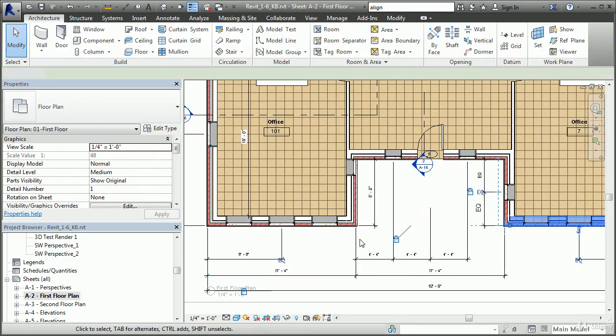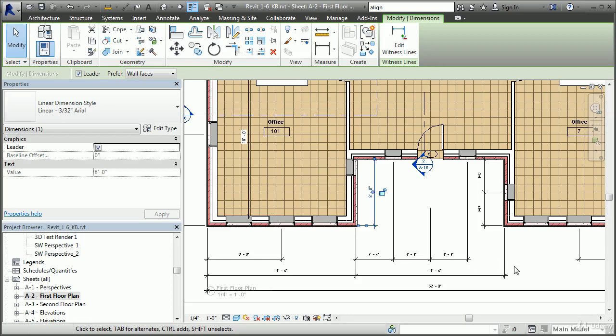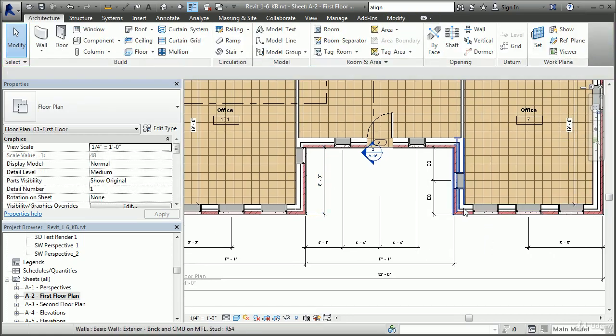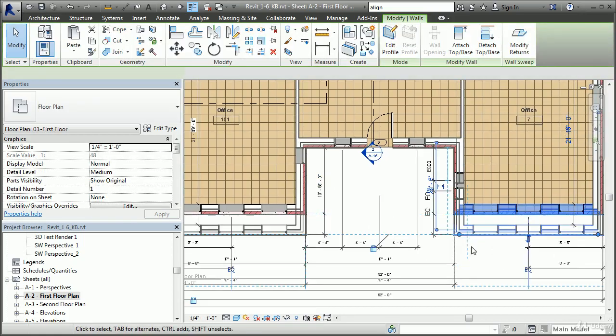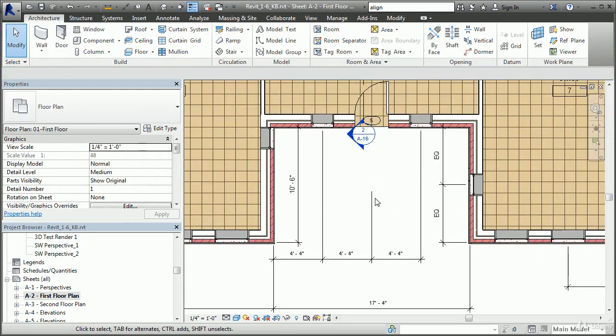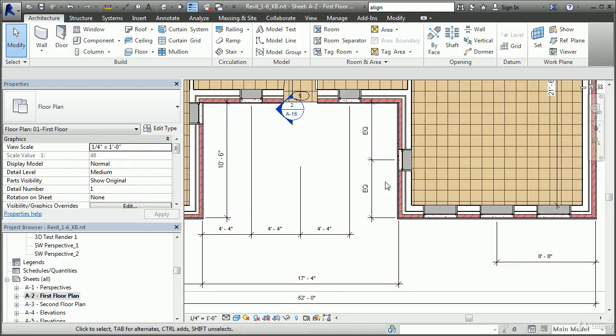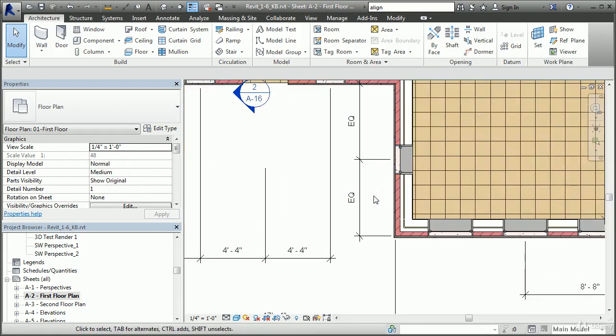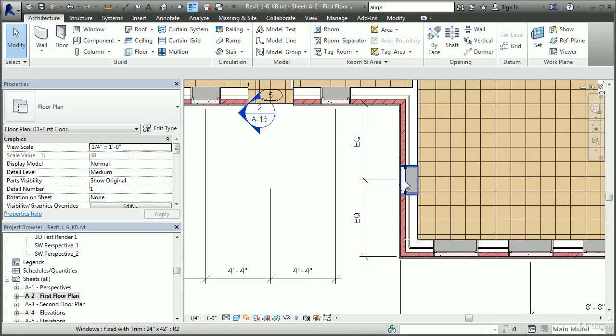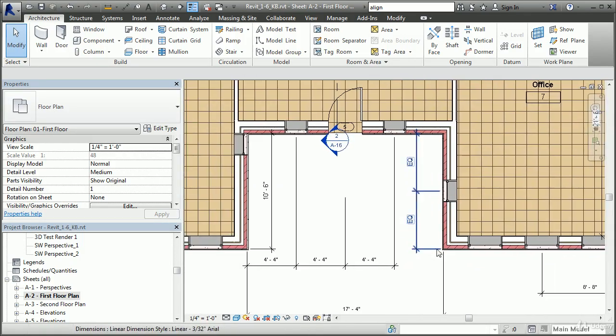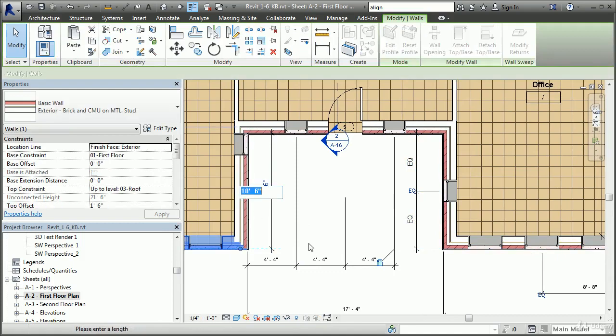If I select this dimension here and I unlock this value and I move this wall down, this time we've actually increased the inset distance here from 8 feet to 10 foot 6. And when we did that, it automatically maintained this equal value so that the window remains centered in the wall. If we select this wall and I change this value to 9,